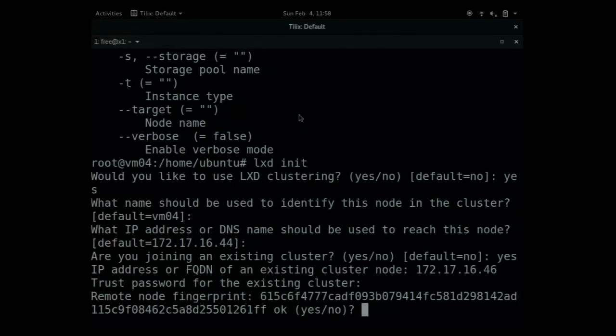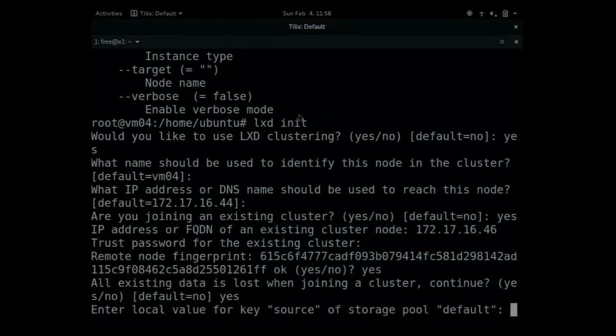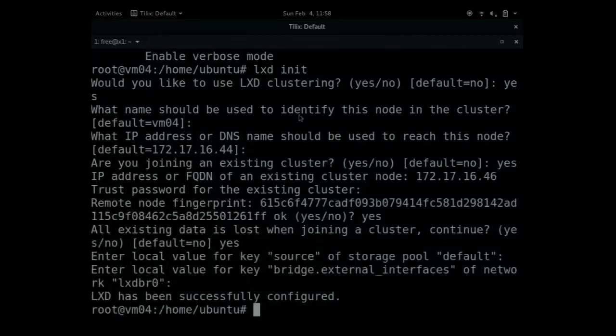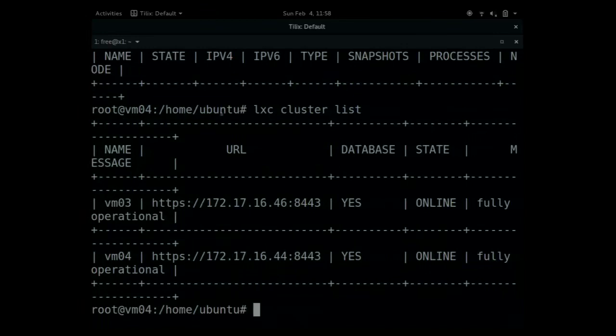It will ask me for the trust password, and if I set the fingerprint, yes. It will warn me that all the data will be lost, and yes, I don't care right now. And it asks for storage configuration that has to match the original node, and network configuration as well. So now, if I run a LXD list, I still have no containers, but if I run LXD cluster list,